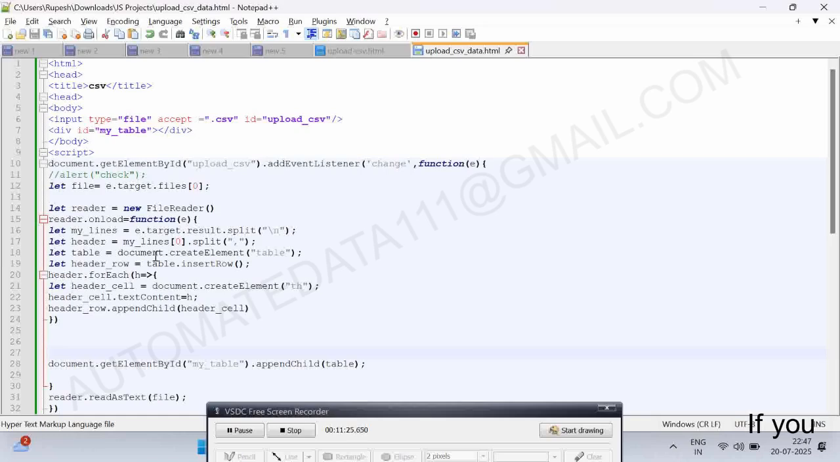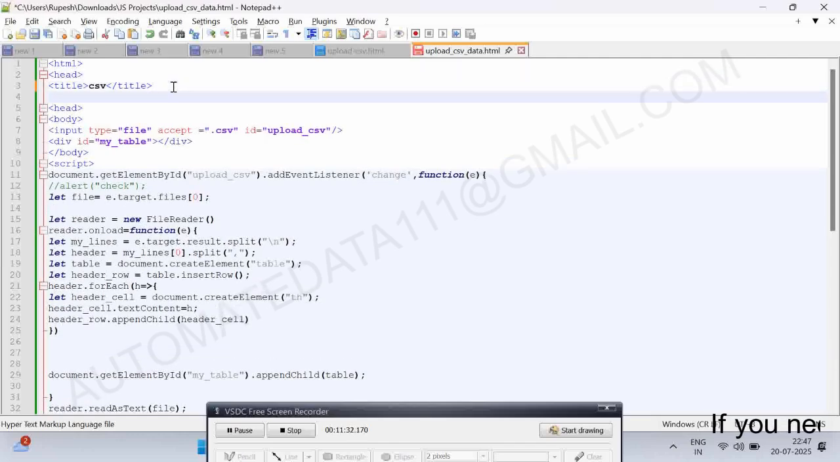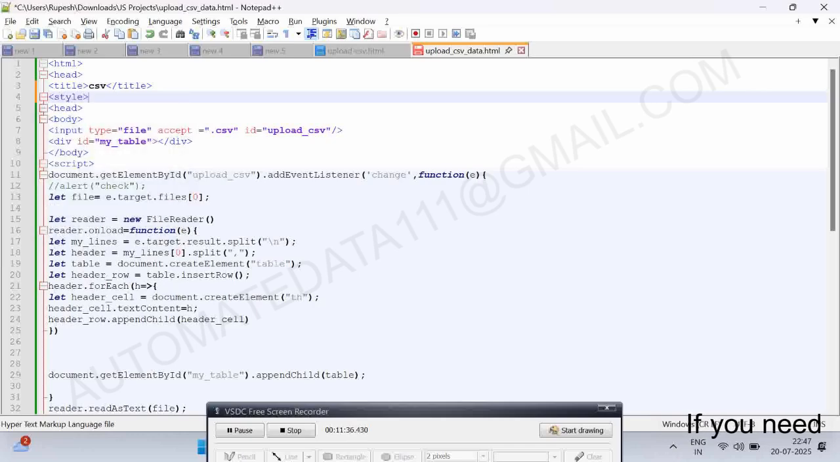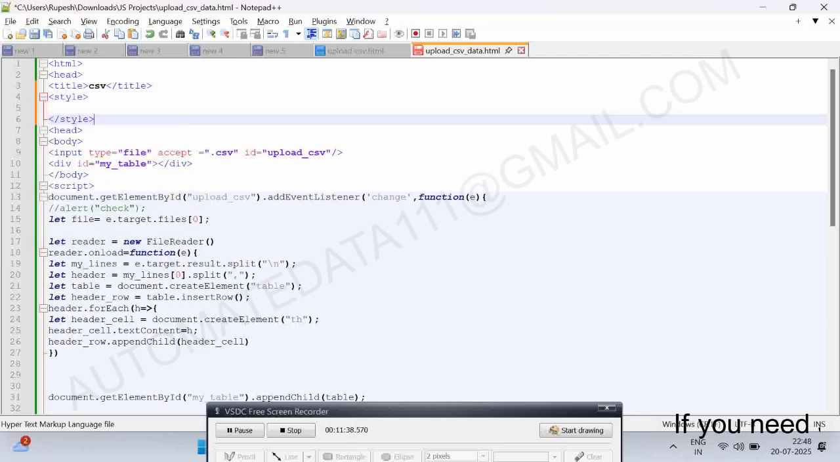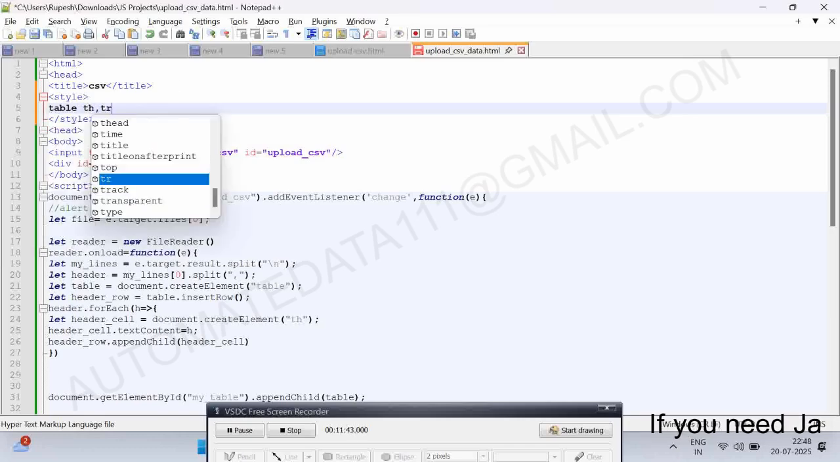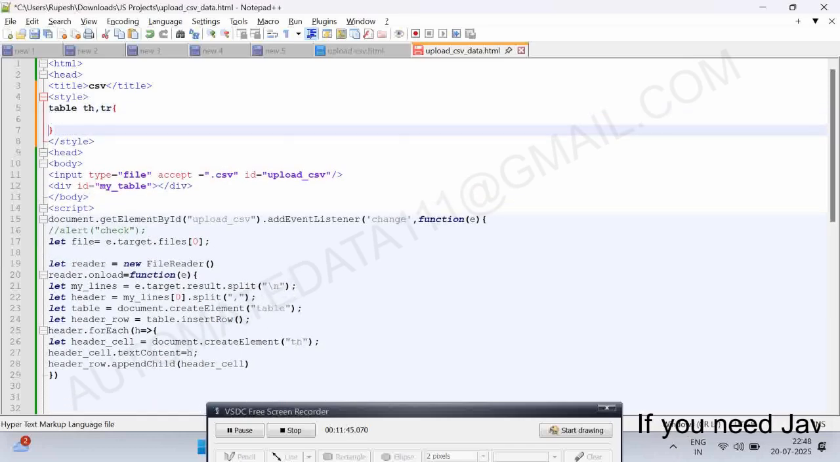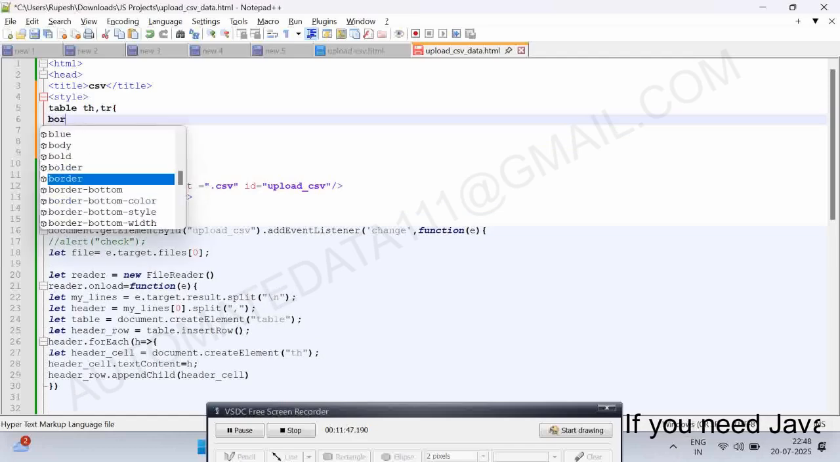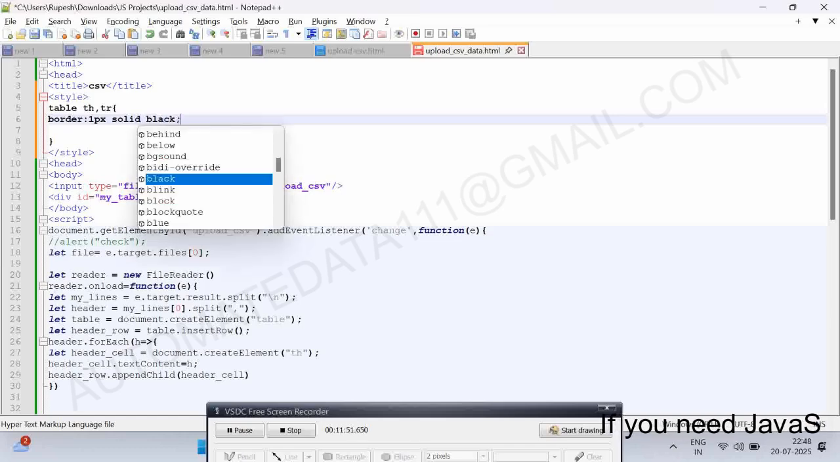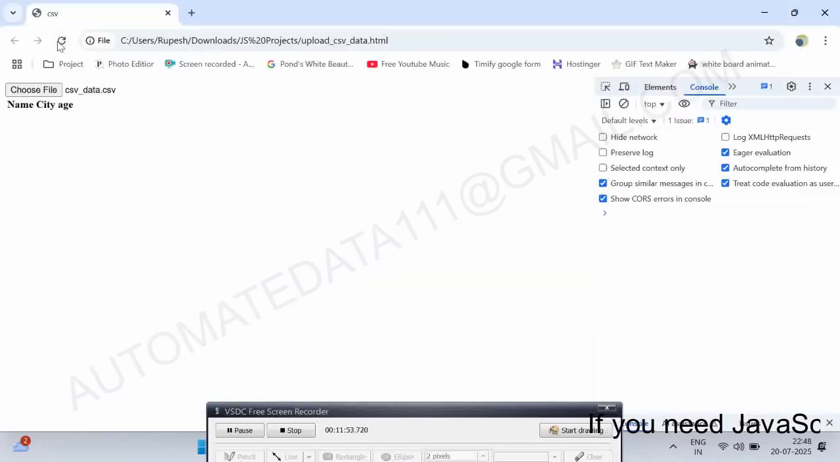Okay, now what is next? Let's just give some formatting. So I am just using the style, meaning CSS. So we will apply some bordering to this table. So table, th here and here, 1 pixel solid black. Now if I again upload this table,